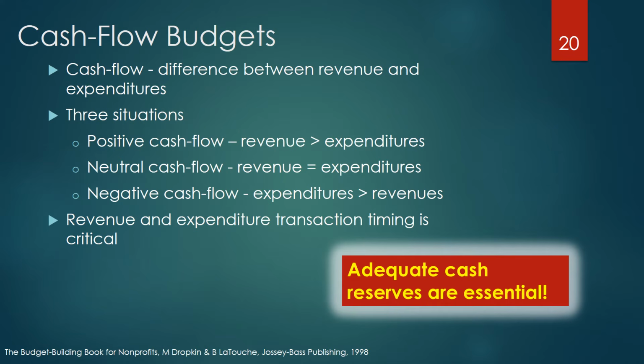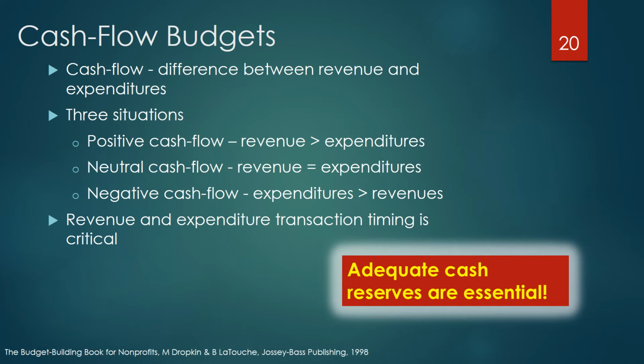Cash flow budgets are essential for the day-to-day and overall fiscal health of organizations. Failure to manage cash flow properly can result in severe operational problems. Cash flow is the difference between cash coming in from the various revenue sources and the cash going out, or expenditures, of the organization, and can fall into three situations. Positive cash flow are times when more revenue is coming in versus expenditures during a specified period of time. Neutral cash flow is when revenue and expenditures are equal, and negative cash flow occurs during times when expenditures are